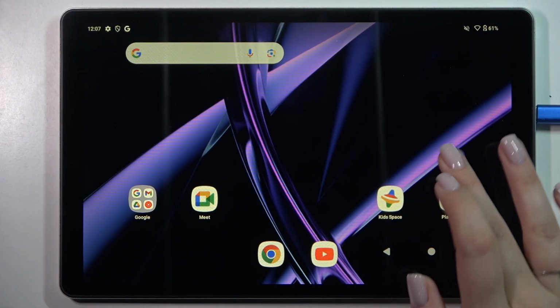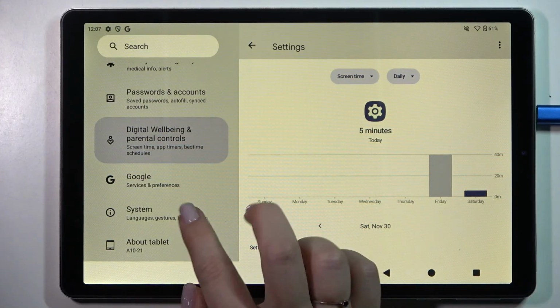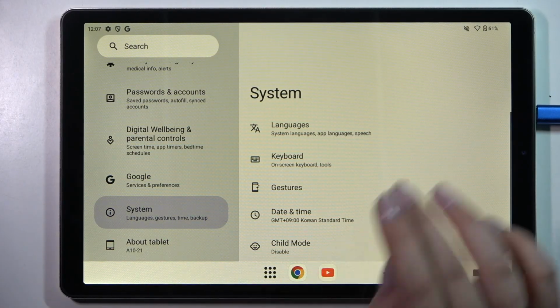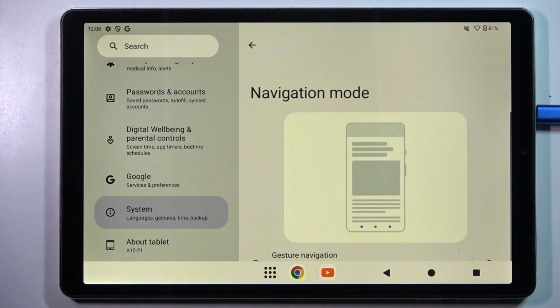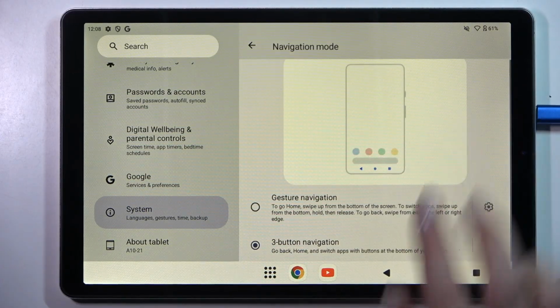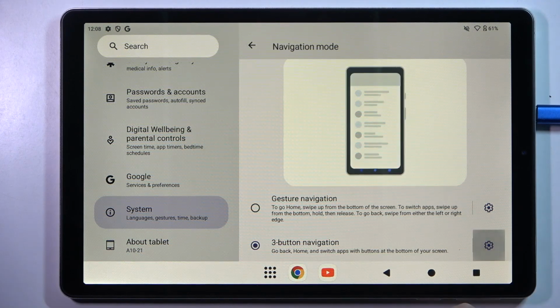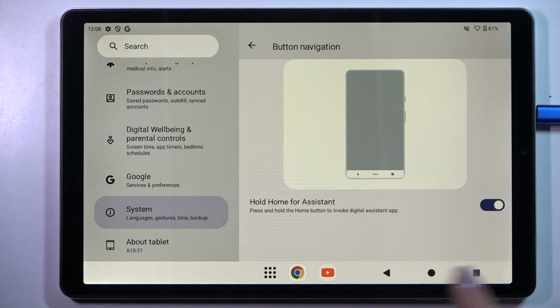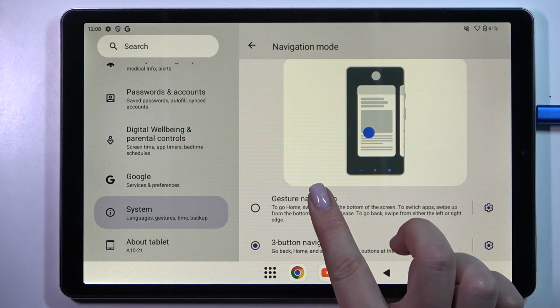So let's start with opening the settings, and here in this left section we have to scroll down and find the system. Now let's tap on gestures and choose navigation mode. So here we've got 2 different options, a 3-button navigation. You can customize it here, so you can manage the assistant,